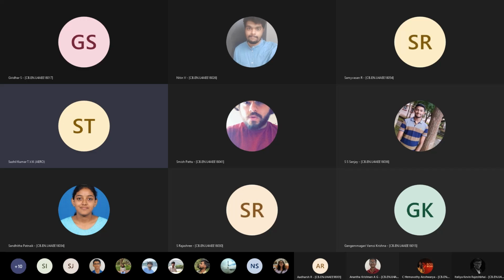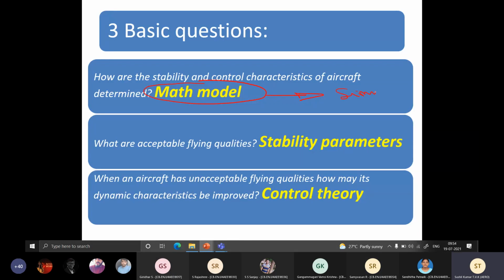That is what you see in your Simulink as a box. That Skyhawk comes as a box. Now, what is inside this box is what we are going to see, or we will have to derive it. Then we'll be talking about something called flying qualities. Shortly, again, I'll explain to you what this class is all about, introducing you to flying qualities. And then we will try to quantify it using some stability parameters.